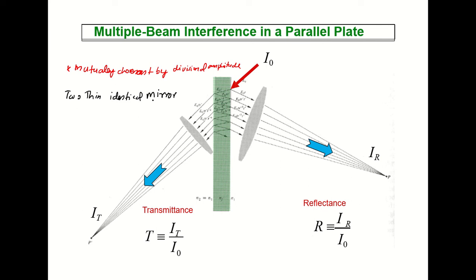The primary beam is partially reflected and partially transmitted. We also avoid the possibility of absorption of light in this case, so we consider all of the reflected and transmitted parts of the light. The transmitted part is subsequently reflected back and forth between the surfaces. For example, at this point we have a reflected wave, and there is also a wave that gets transmitted to this point and reflected at this point. So we will have two waves like that. I'll represent the figure in a simpler manner.